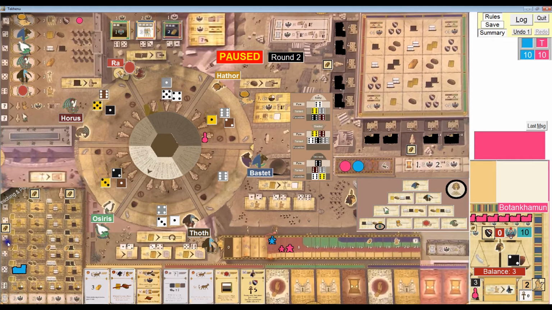It's going to build a building in the 3rd row of Osiris using a 3, the way you normally would. But which column is it going to place the building in? Well, it's going to place it in the column corresponding to the color of the die that it chose. So in this case, because it chose a yellow 3, then it's going to erect a building in row 3